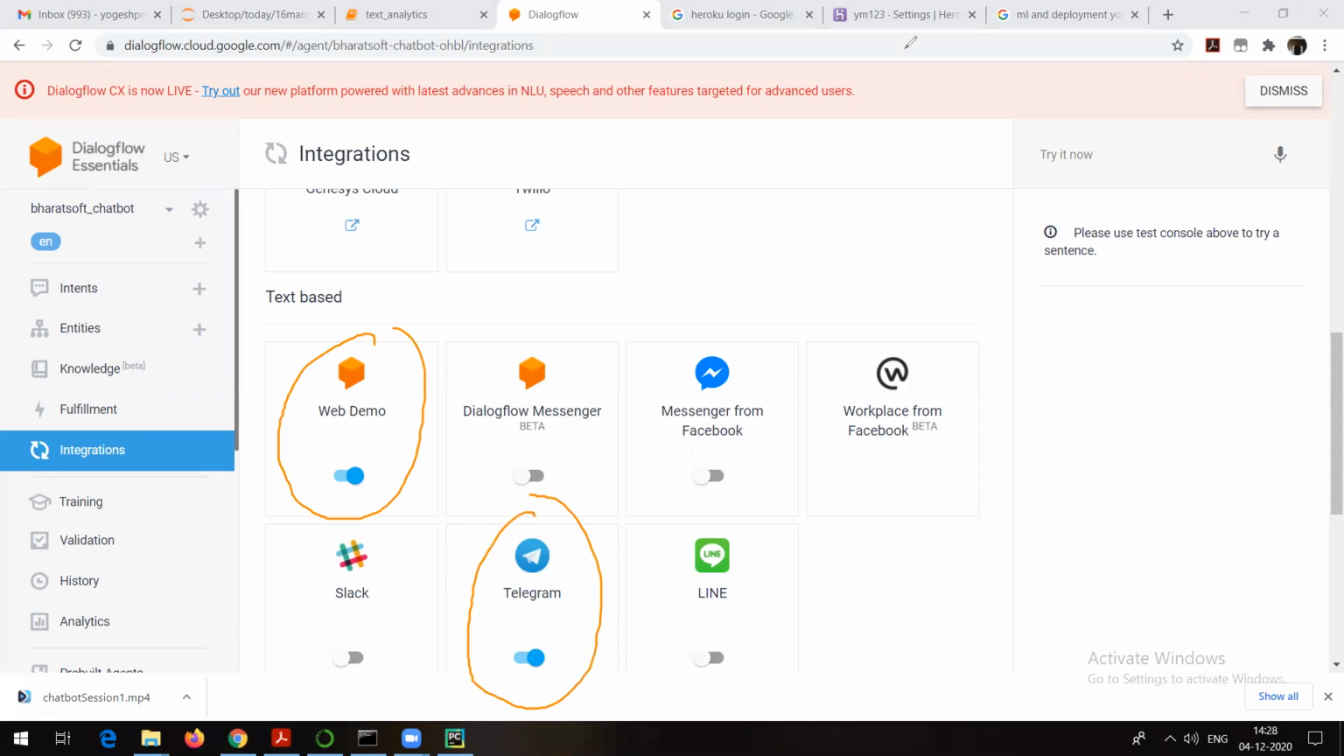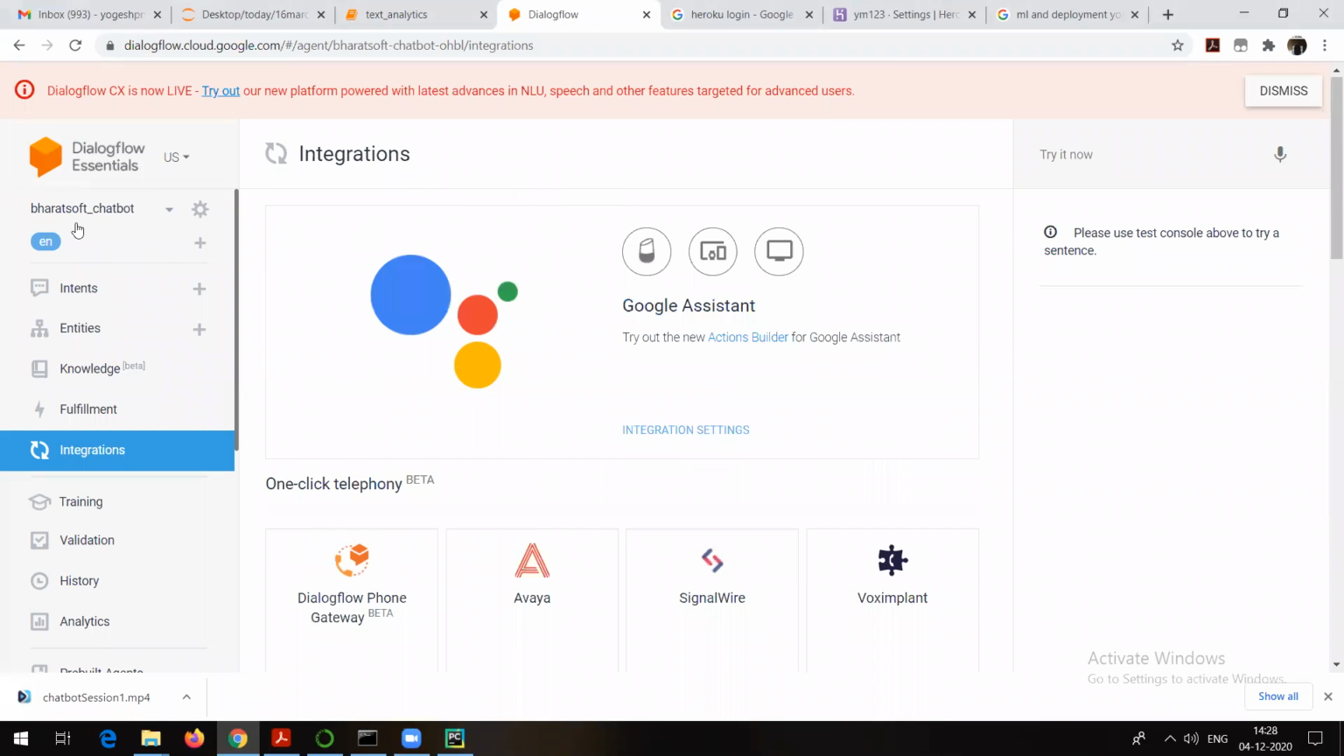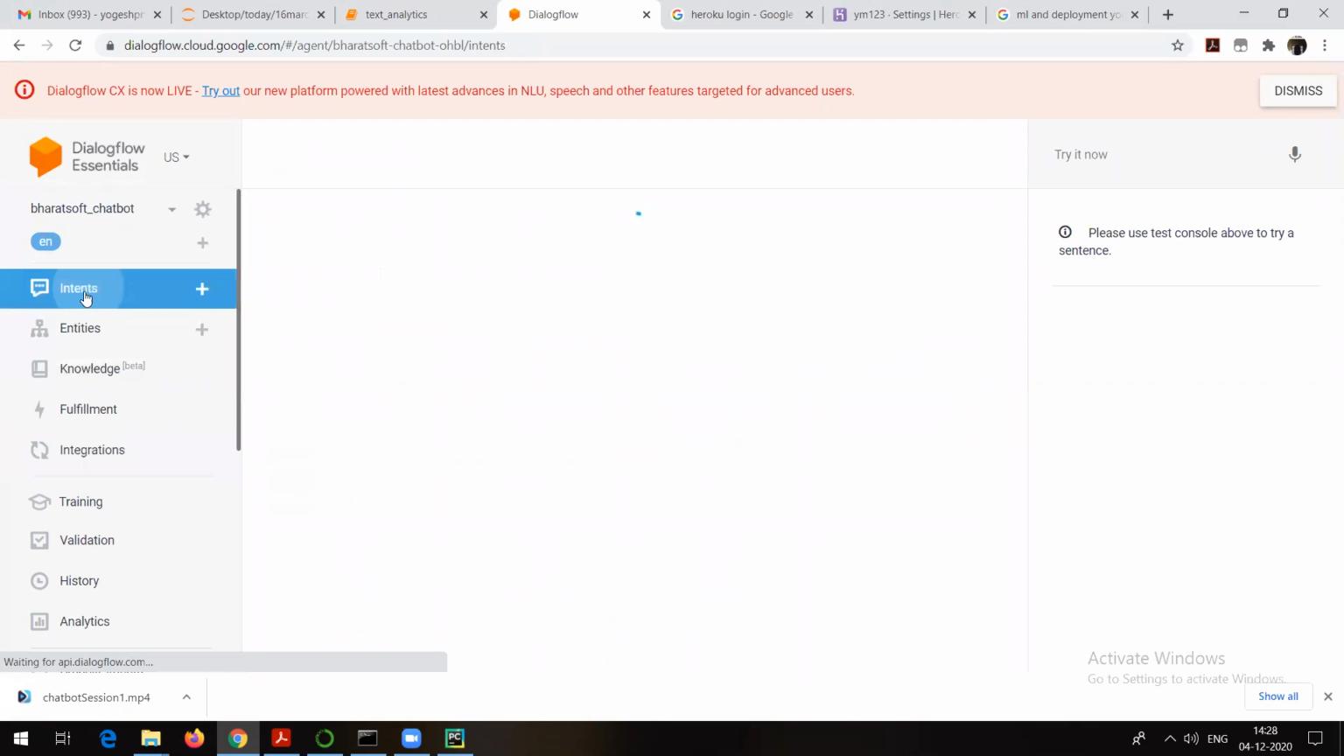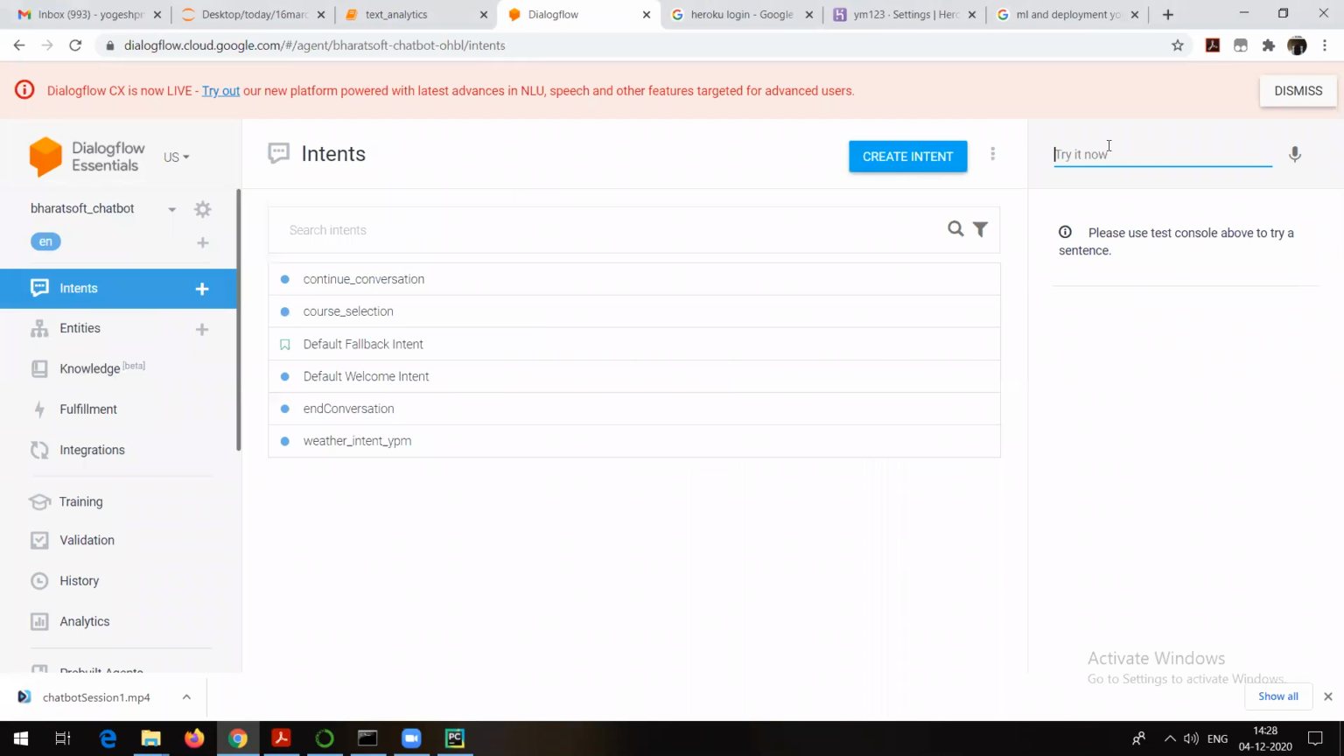So how to integrate it with Telegram? What are the other steps which are required? That now we can go and understand. Let me go. First of all, let me run the chatbot here itself. Suppose if I click on this agent, right? So maybe suppose intents. If I click on intents, if I write down some query here, suppose if I say hi and enter, now